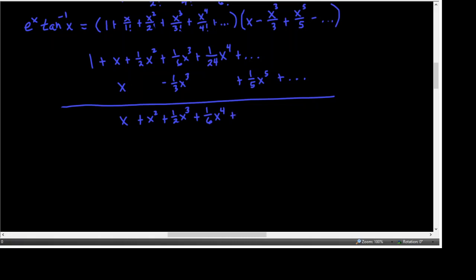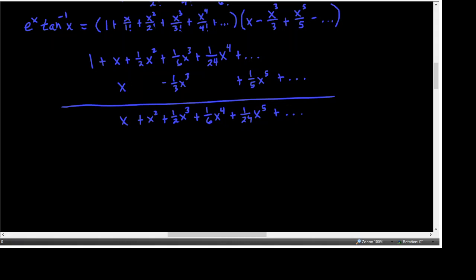Plus 1/24 x to the 5th, etc. And like I said, if we need to come back and do more of those to get what we're after, we can certainly do that. No big deal. Okay, then after you've done those multiplications, you now multiply the second item in the bottom polynomial,